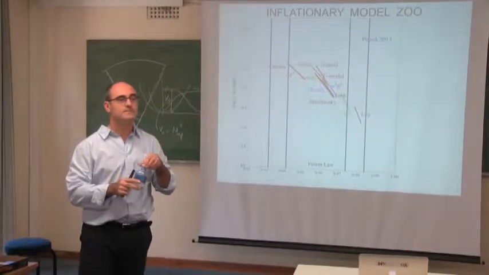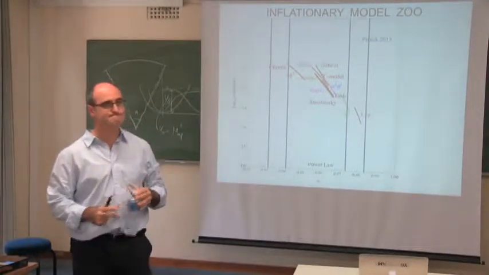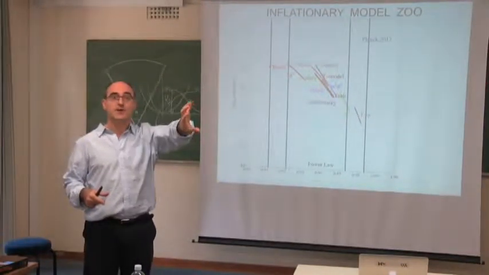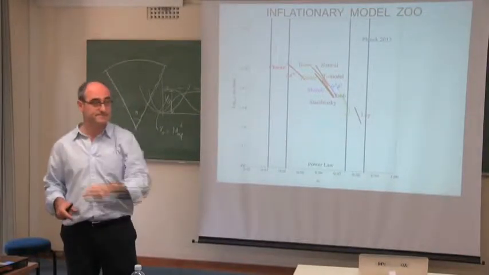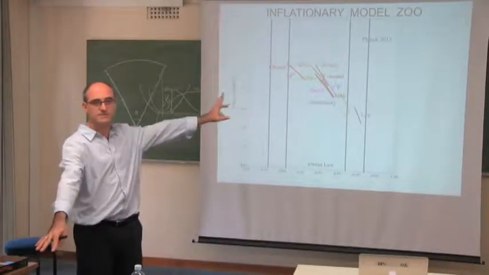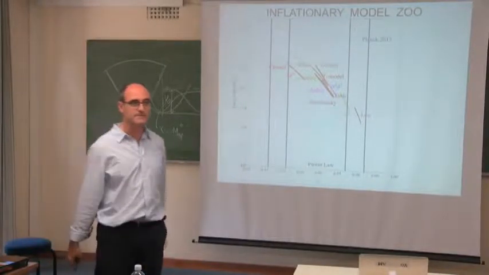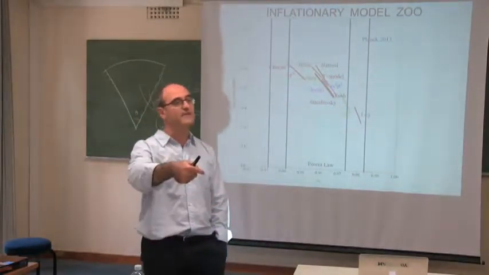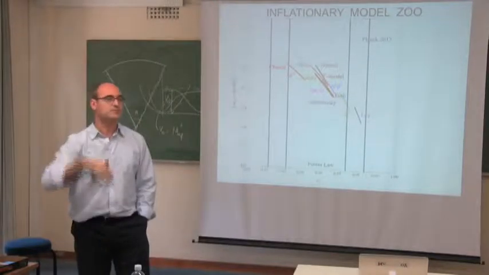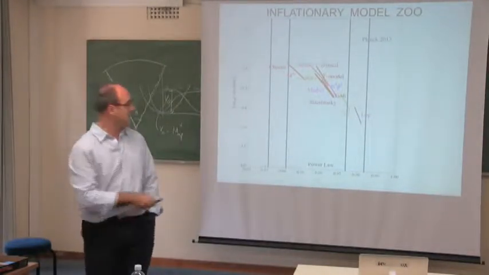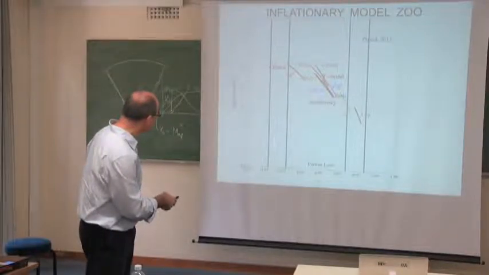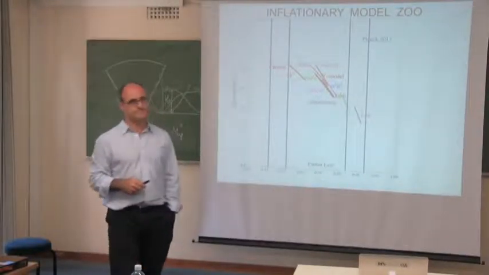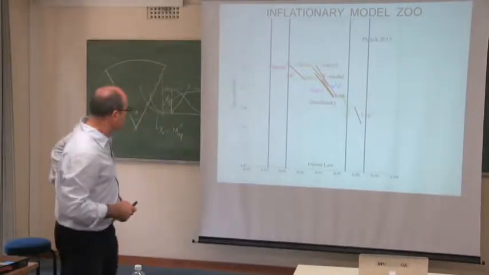Is it only for models based on the potential? Yes, that's right. You could have changes in some of these. For instance, in Higgs inflation, you have non-minimal coupling. But you always can write it. You have them in the notes. I don't know whether you want me to go through these; I thought it was enough to find them there. But if you want me to go into detail, I could show how in Higgs inflation the non-minimal coupling gives rise to a potential which drives inflation and produces this. These lines are Higgs inflation. Not all of them are just simply potential. So let me go forward, please.